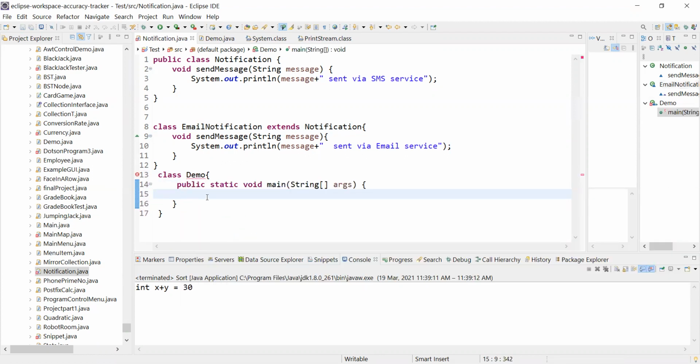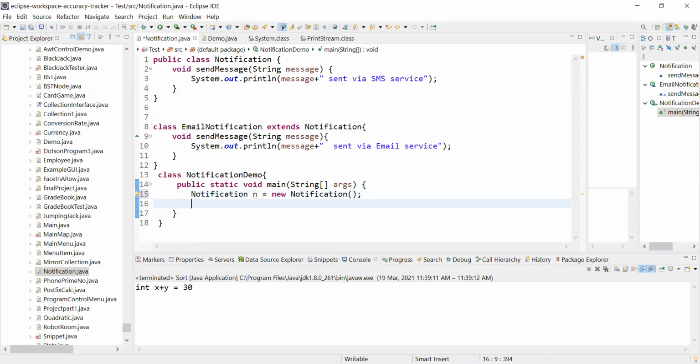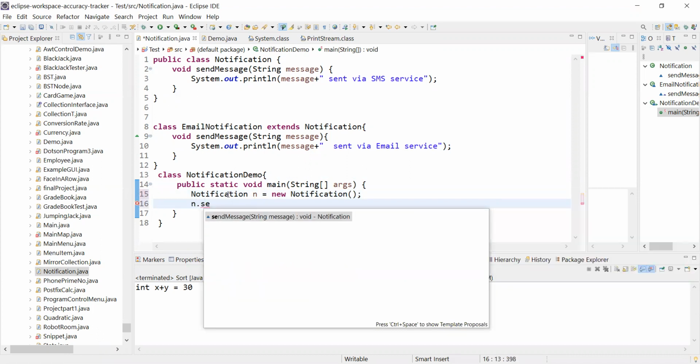It is saying Demo class is already there, so let me say NotificationDemo. Now we are creating an object of the Notification class or EmailNotification: n is equal to new Notification, and call the method n.sendMessage.